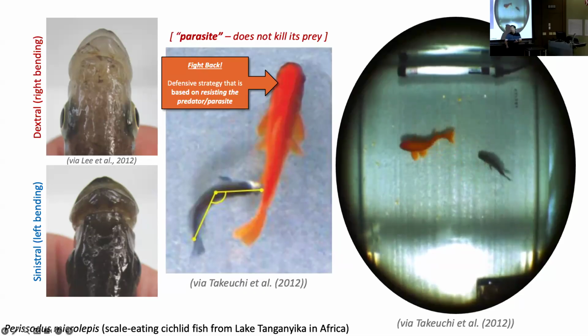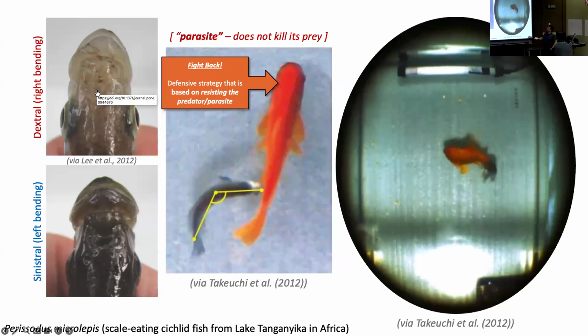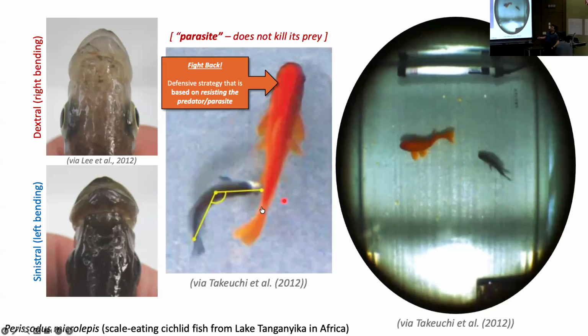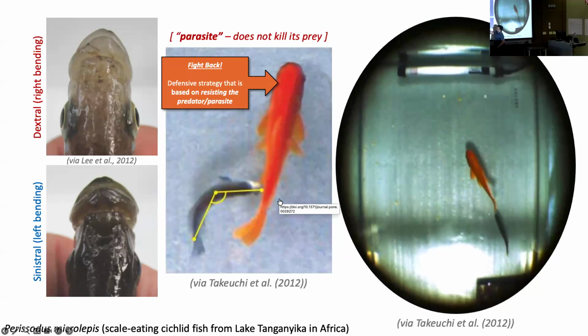So when there's a bunch of left mouth fish, it becomes advantageous to be a right mouth fish because the host, the prey, will start responding to the fish that is